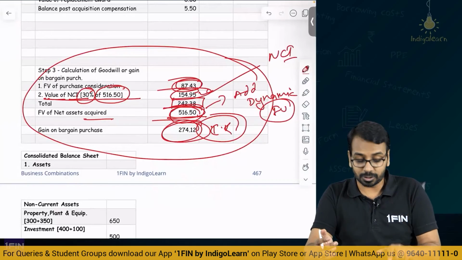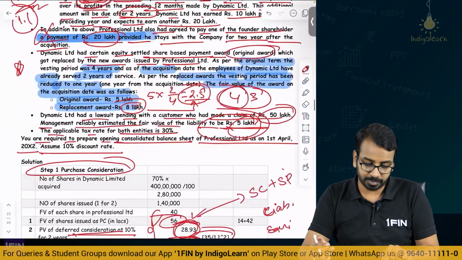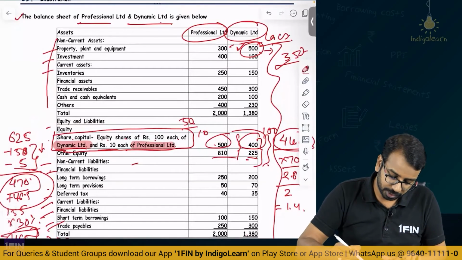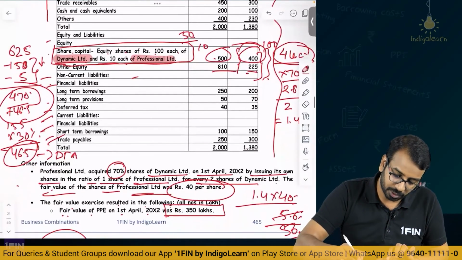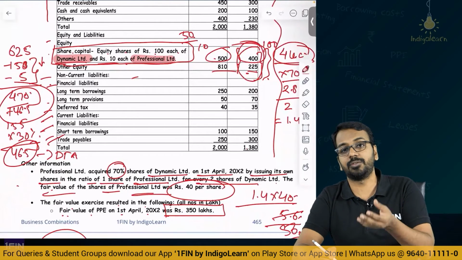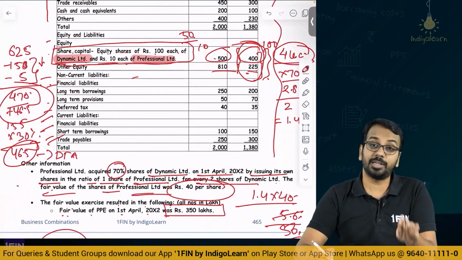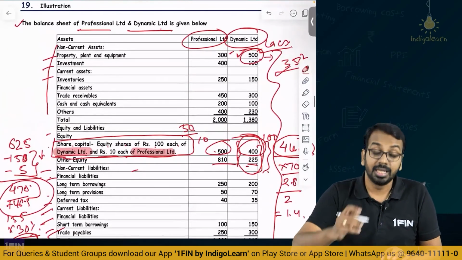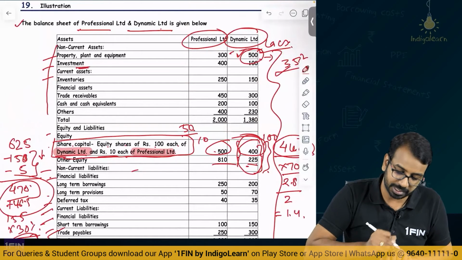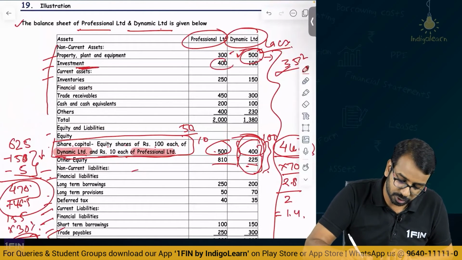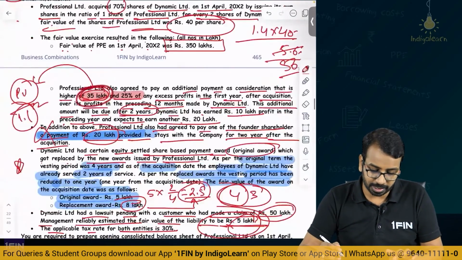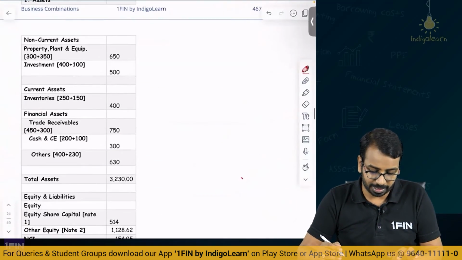Now what are the things we should exclude? That also you should be aware of, and I hope you are aware of those. You have to exclude the share capital and equity of the subsidiary company, because that is something which you will incorporate indirectly by way of net assets, and investments in subsidiary that you will show. Now here there is no investment because we have not yet made the investment. If investment in subsidiary is shown here, that amount you have to exclude. Okay. So by considering that, it's a very simple balance sheet preparation.